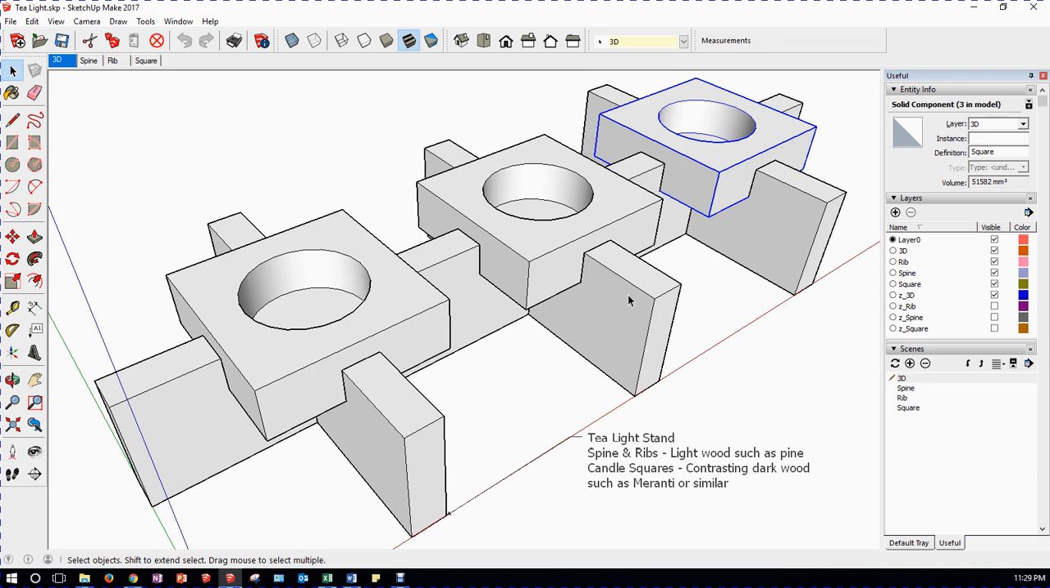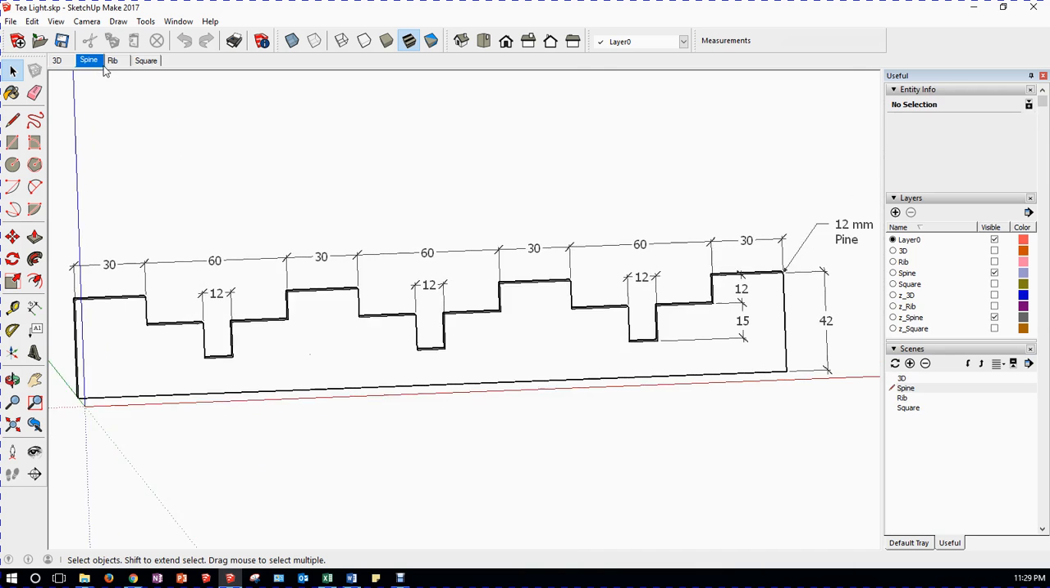So the scene I have here, as I say, is the 3-dimensional scene. It has the spine, it has the 3 sets of ribs and candle squares. And what you'll see over here is an entity selection changes as I click. You'll see the layers, and you'll see here it's under scenes. I have 4 scenes defined: 3D, spine, rib, and square, the candle square. And you'll see that in these tabs: 3D, spine, rib,